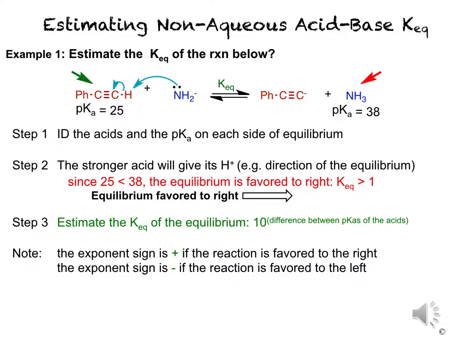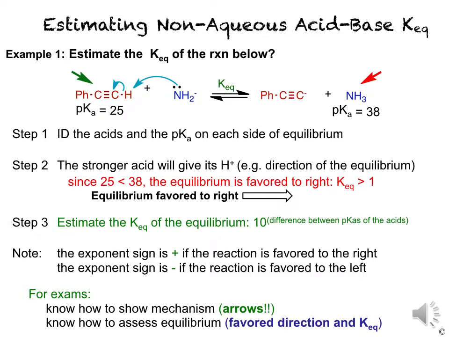For the reaction to be favored to the right, that is the KEQ greater than 1, that exponent has to be a positive number rather than a negative number. And so the exponent of the sign is positive because it's favored to the right. The estimate of the KEQ is going to be 10 to the 13th. If this had been favored to the left, we would say that the exponent should have been negative. So we use the fact that we've analyzed which direction is favored to give us the sign of the exponent